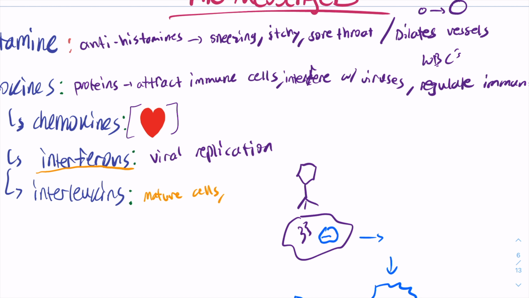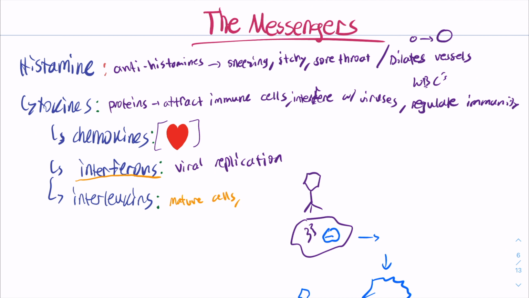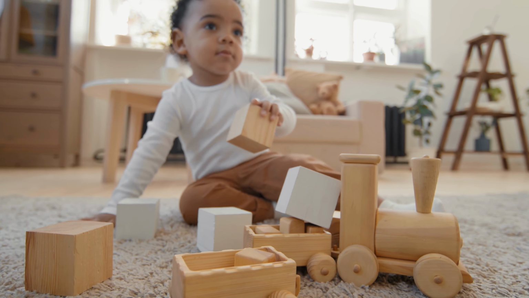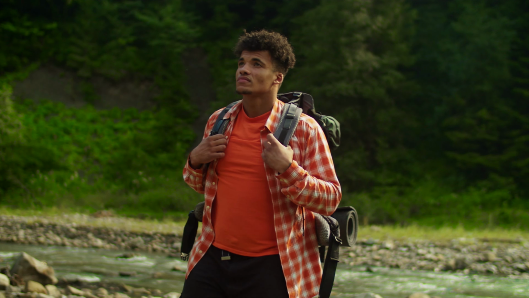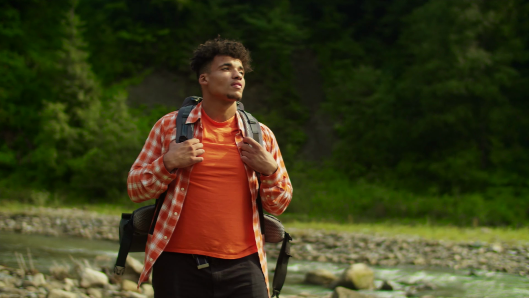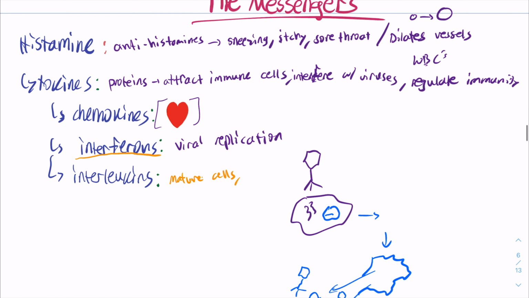So in the adaptive immune system, when you have a threat, a bunch of different cells are communicated with. And some of those cells are juvenile, right? They haven't really grown up yet. But once the threat is seen, they start to mature into the cells that they need to be. So that's what I mean by it matures cells. And it also regulates the immune system,